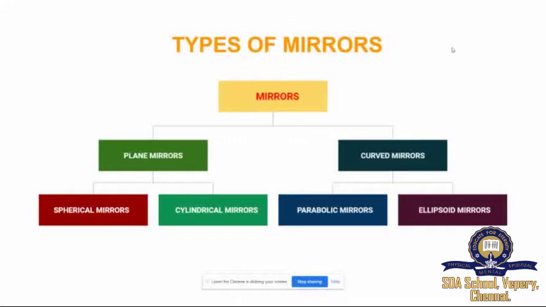We use mirrors in our daily life for various purposes. We use them for decoration. In vehicles, they are used as rear view mirrors. They are also used in scientific apparatus like telescopes. A mirror is an optical device with a polished surface that reflects the light falling on it. A typical mirror is a glass sheet coated with aluminium or silver on one of its sides to produce an image. Mirrors have a plane or a curved surface.